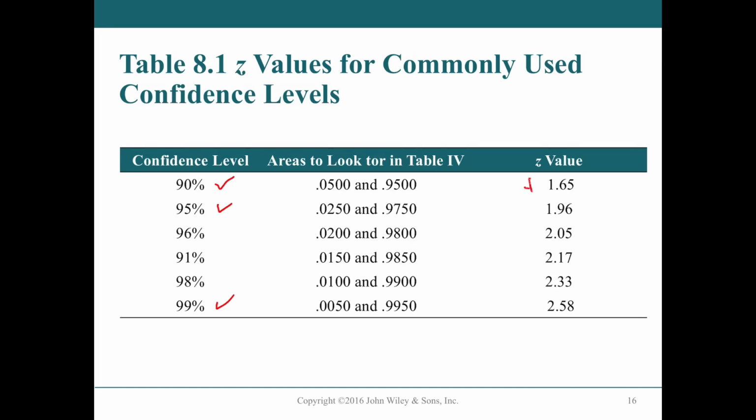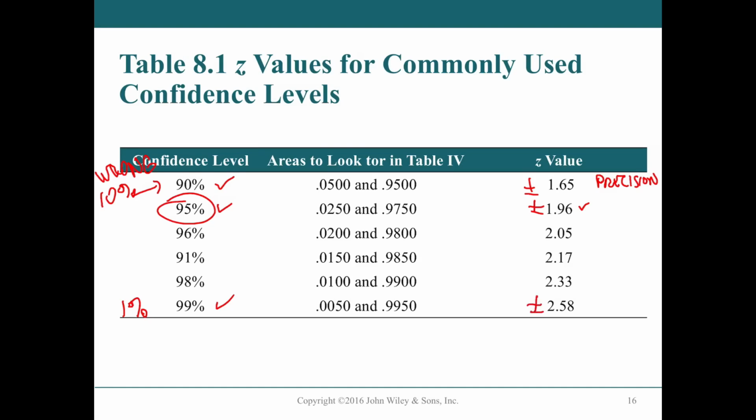Anyway, with 90% confidence, we have a narrow region. It's more precise. That part's pretty good. And our Z value is plus and minus only 1.65. So precision is good. But the thing is, with 90% confidence, you're wrong 10% of the time. 10% incorrect. And in many cases, that is just not acceptable. The golden standard is 95%. Seems to be a good balance between having some precision, which we already saw, but we're going to be wrong still 5% of the time. That's generally considered acceptable.